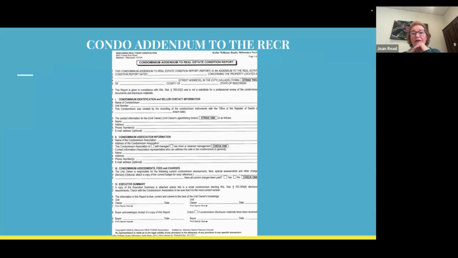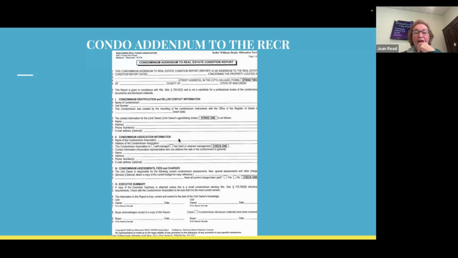Also with the paperwork that the seller has to be responsible for is a condominium addendum to the real estate condition report. So there is a real estate condition report for a condo, but you also, in condos only, have to add this addendum to the real estate condition report. And the things to remember is the size of the condominium that it's in. The seller fills this in, the name of the condo, so identifying it, the contact information for the unit owner or the unit owner's